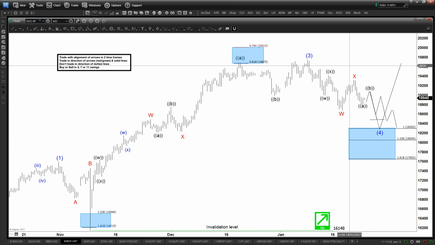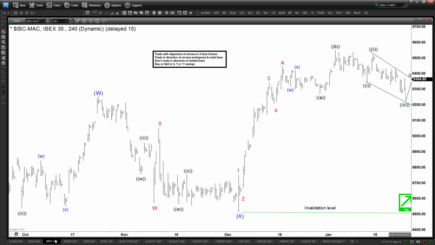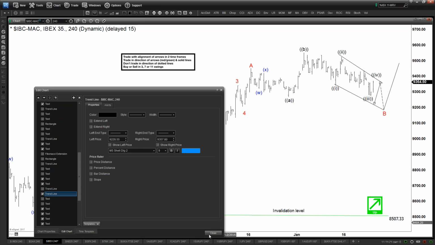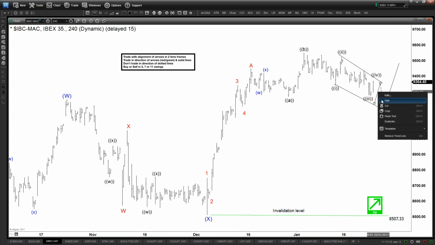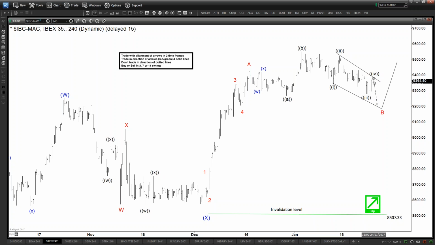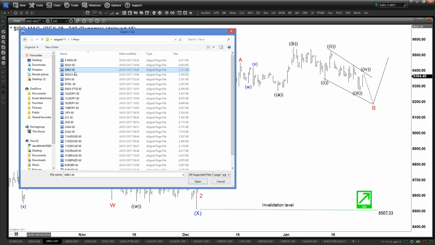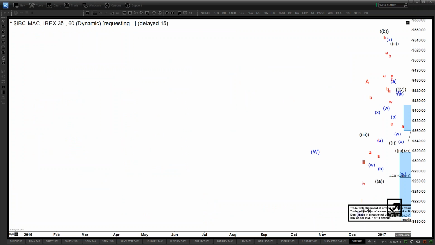So the Nikkei can do those things, and you're calling another low here only because the dollar yen took the low. This is EBEX. You can put 3 and 4 here, or if you want to make it look better, you can put 3 and 4 here. In the 1 hour we have 3 here, 4 here, but either way, it still can make another push lower with the last push lower in the dollar, and then it should turn up, make new highs, or bounce in 3 waves at least. So this is what I mean. If you take a look at the 1 hour chart,